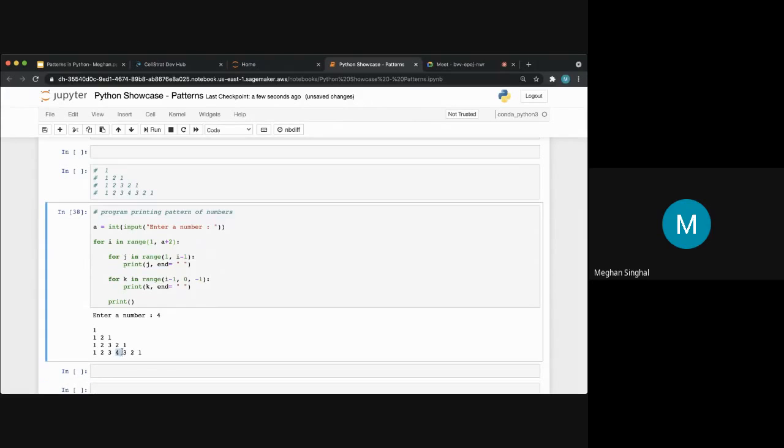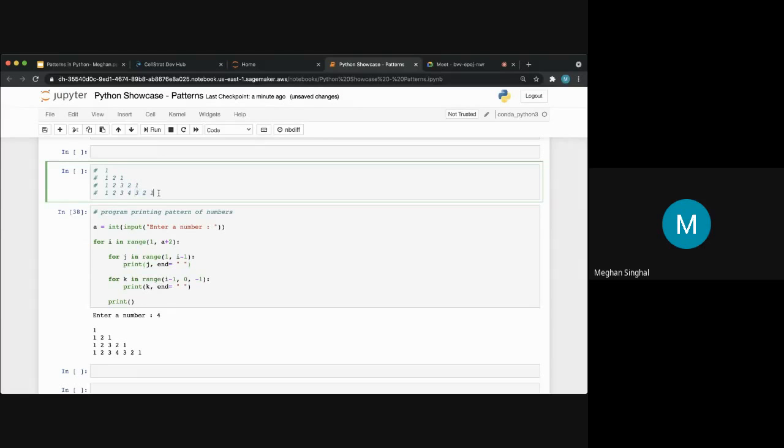Here, there's 4. Okay, so after the outer loop goes from 1 to A plus 2, there's 2 inner loops. One is J and one is K. So the first inner loop will go from 1 to I minus 1, and then it will print J and leave a space after. Now we need 2 inner loops because, as we can see in the pattern, it's 1, 1, 2, 1, 2, 3, 1, 2, 3, 4. But then after that, there's another number over here.